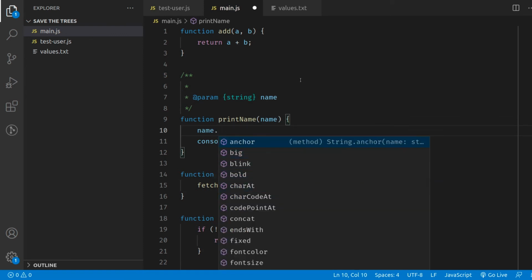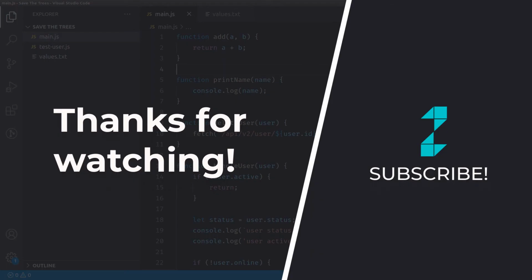So, there you have it, some cool VS Code shortcuts and tips to speed up your coding